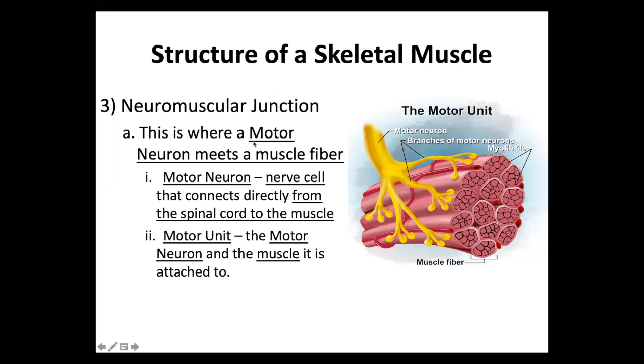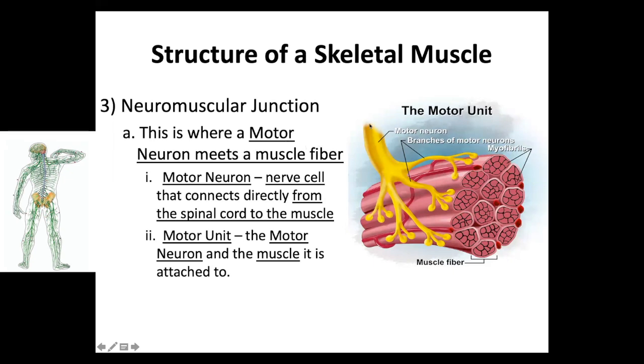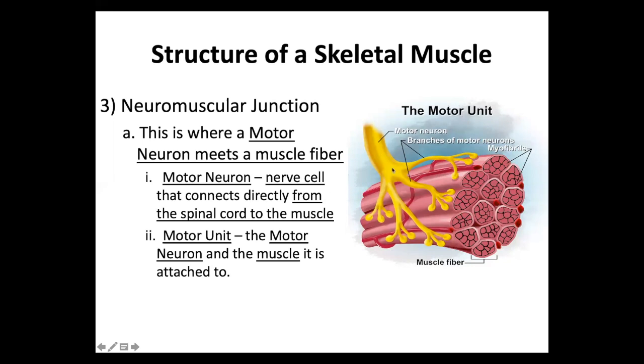And we're going to call this a motor neuron. That's going to be more important in a future chapter. We also have sensory neurons. Sensory neurons go to your brain to tell you what's going on. Motor neurons come from the brain to tell your muscles what to do. This motor neuron is a nerve cell that connects directly from the spinal cord to the muscle,